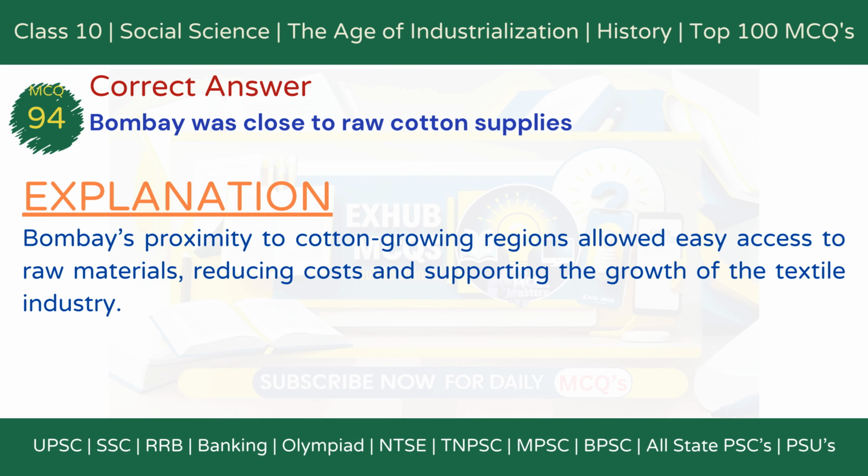The correct answer is option B. Bombay was close to raw cotton supplies. Explanation: Bombay's proximity to cotton-growing regions allowed easy access to raw materials, reducing costs and supporting the growth of the